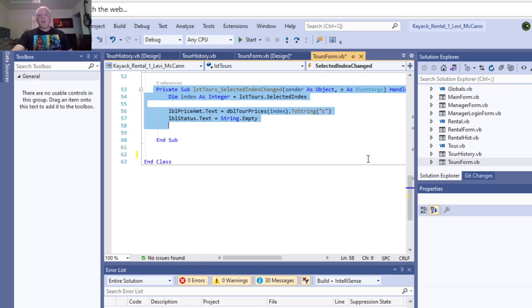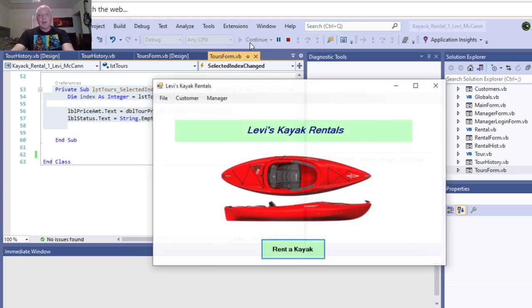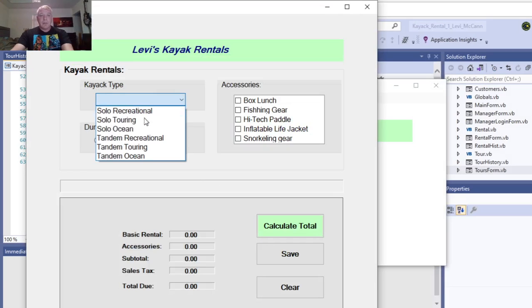That's Kayak program 6, an ongoing Kayak program, number 6, for Shasta College Introduction to Visual Basic,